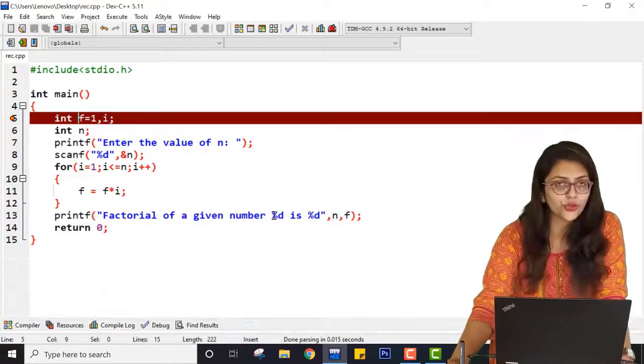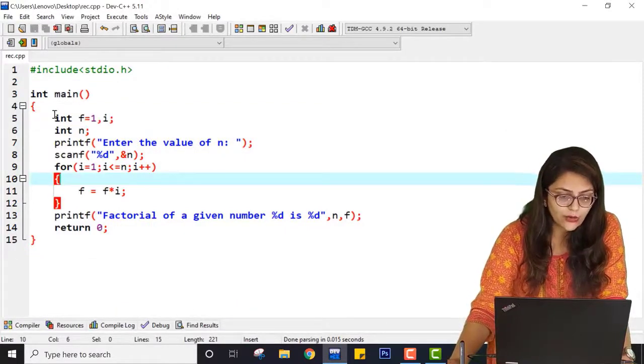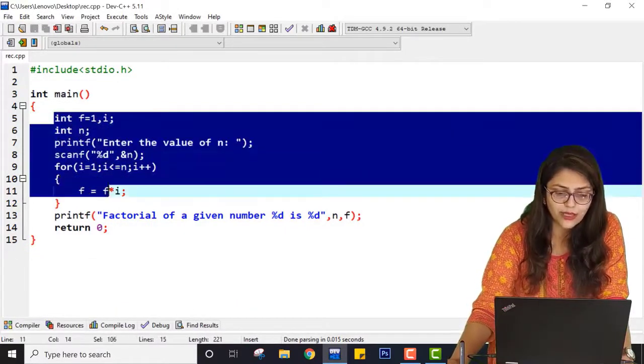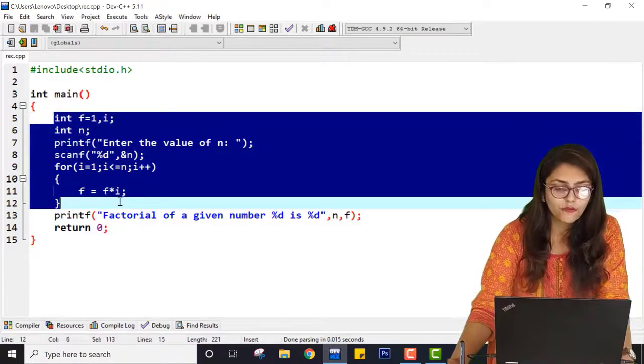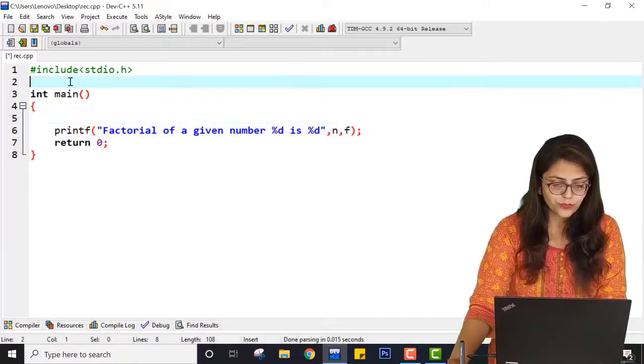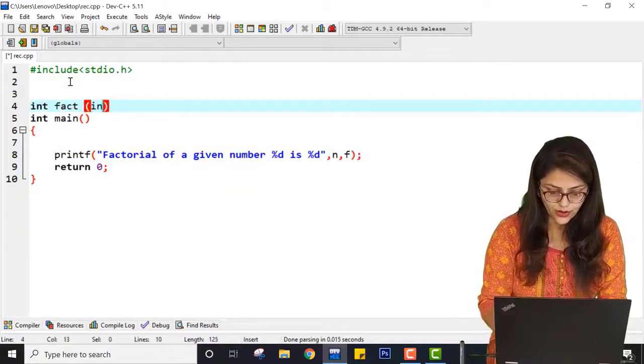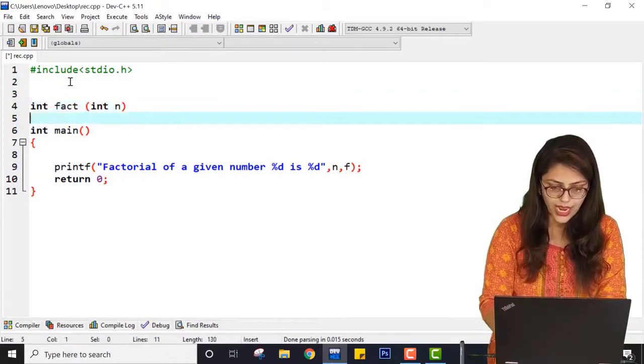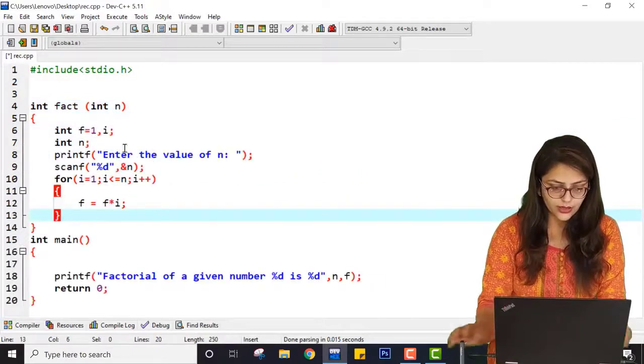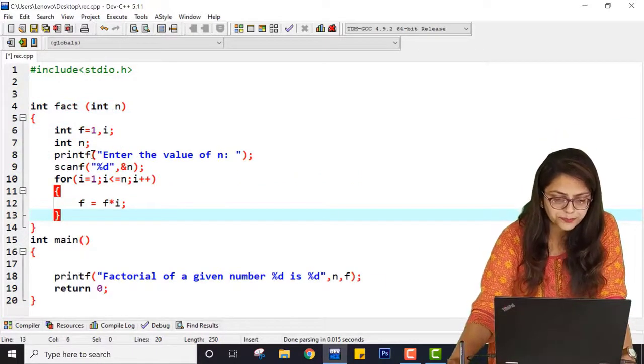But here I have not used any function or recursion. Now I have shown you that if you want to perform this practical using a function, you can just create a function int fact. Inside this function you pass one argument, and here you write something like this, right?